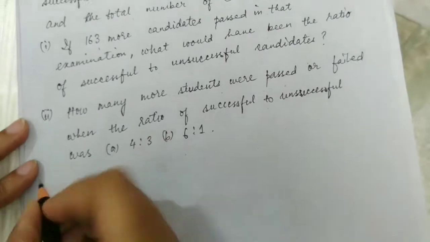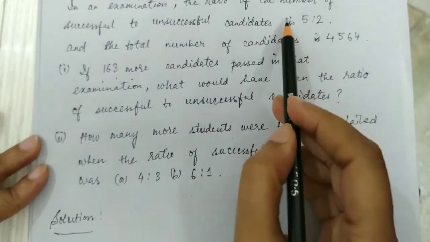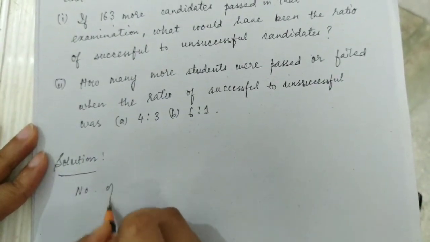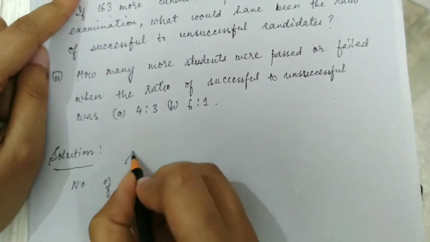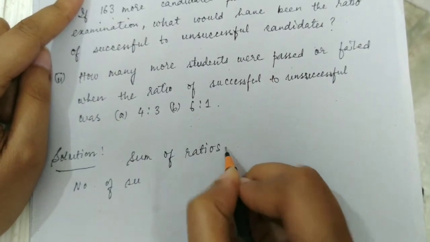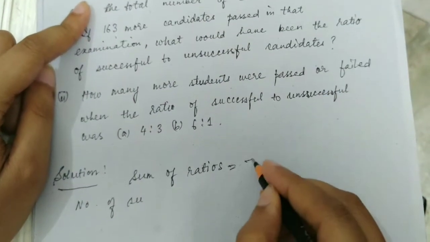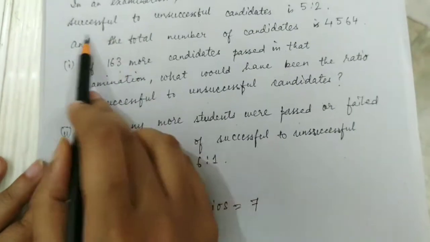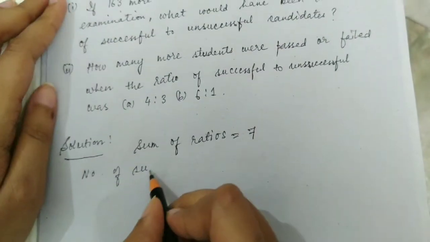So to solve this problem, we will first consider this ratio. We will find the number of successful candidates, that is, the part of successful candidates. For that reason, we first have to find the sum of ratios of this given ratio. So what is the sum of ratios? The sum of ratios is 7, that is 5 plus 2. Now the part of successful candidates, that is the part of 5, the number of successful candidates